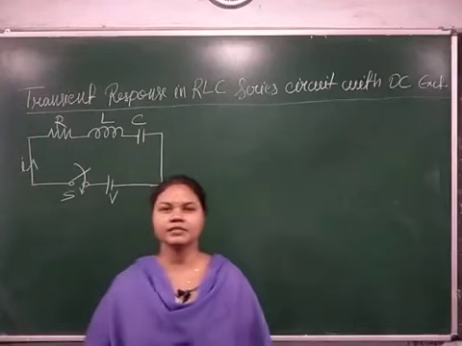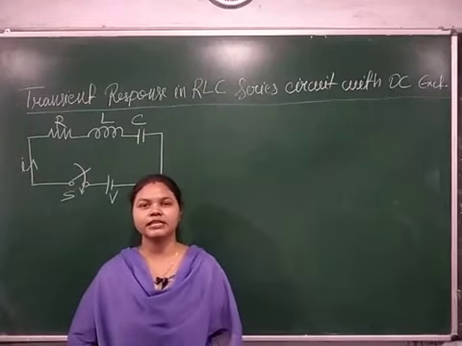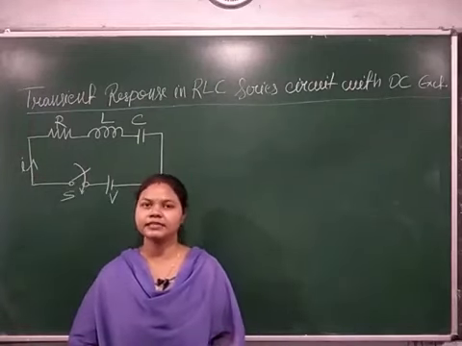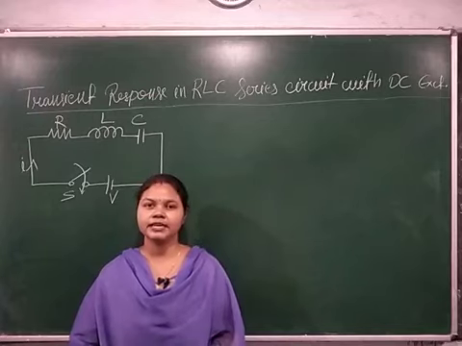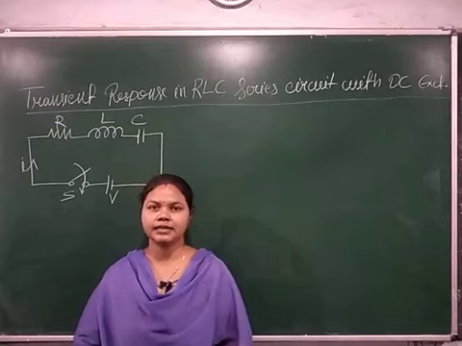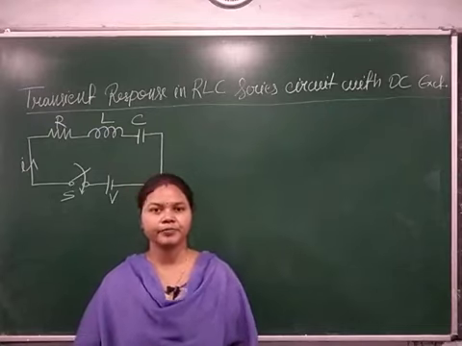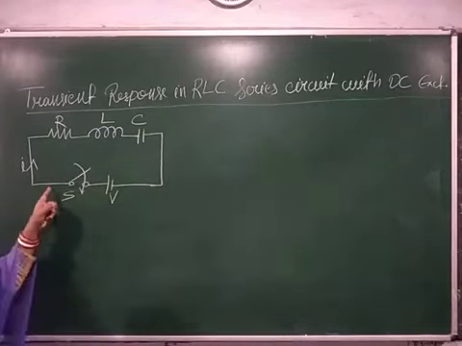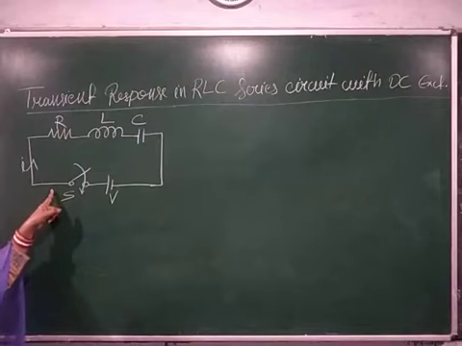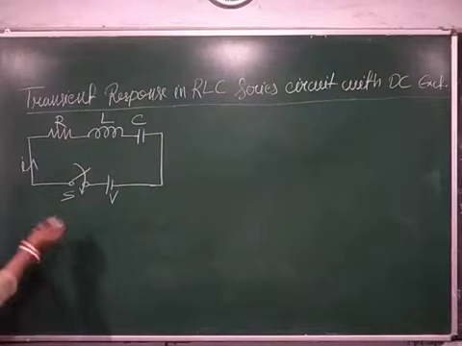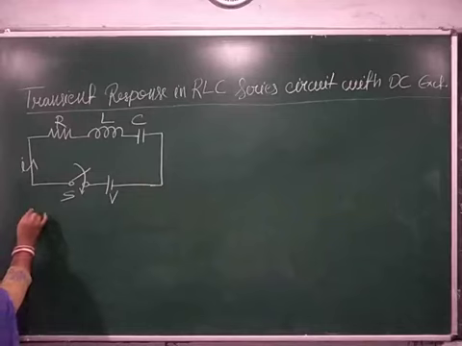In this video lecture, we will discuss the transient response in an RLC series circuit with DC excitation. Let us consider an RLC series circuit excited by a DC supply. This is the circuit diagram. By using KVL, the voltage equation for the given circuit is